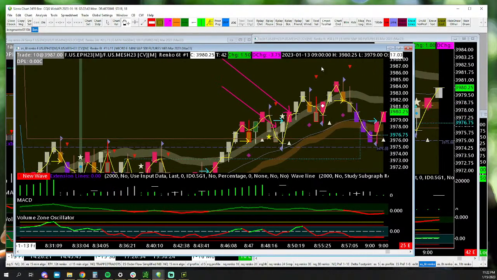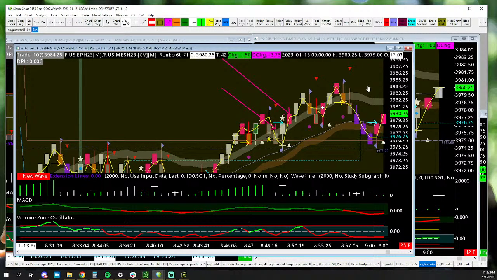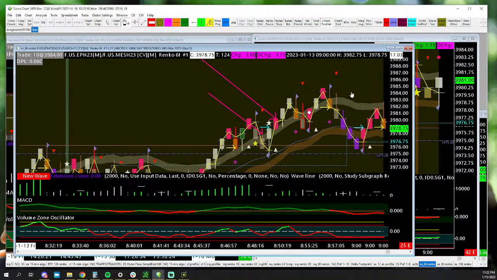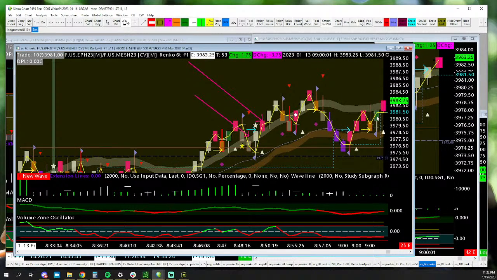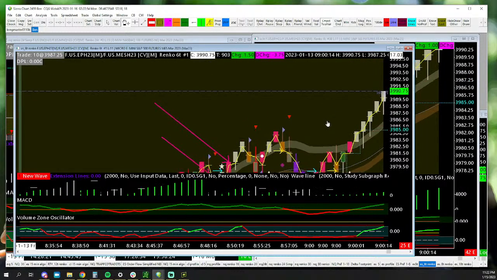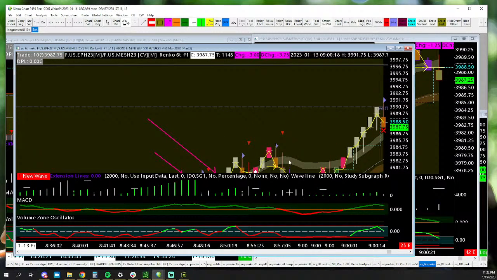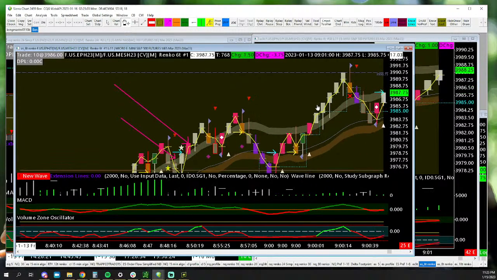So it could pull back, but as long as they keep getting this combo where aggressive buyer, pink bar with the triangle, I'm going to assume it's going to keep going. Eventually one of those is going to fail, but see, aggressive bar, pink bar with a triangle, it's probably going higher. And you can literally do this all day long. And yes, eventually you will be wrong, right? Eventually one of them will fail.